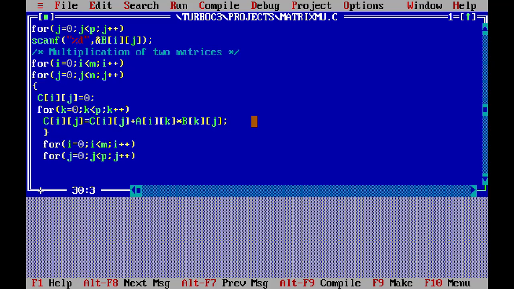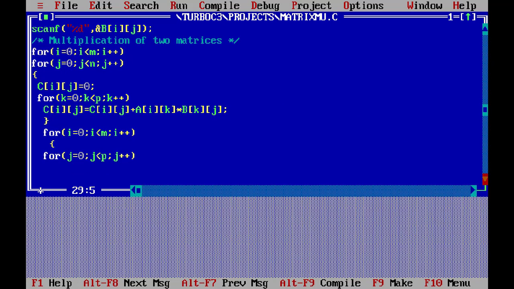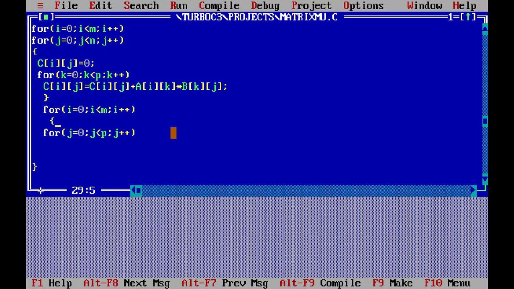So here I am going to use a little trick for printing the result in matrix format. So for that one, once again I am going to group this statement by introducing a block. Mind it, once you need to group a set of statements to be repeated under C, you have to block it. So here I am blocking this.